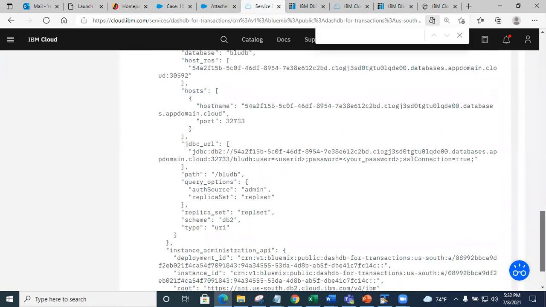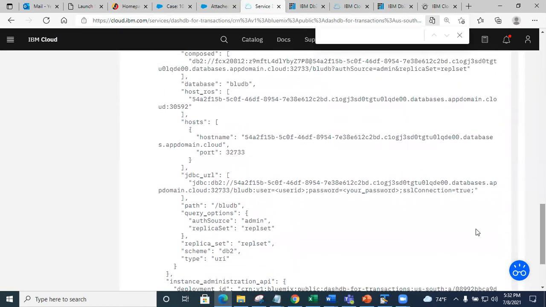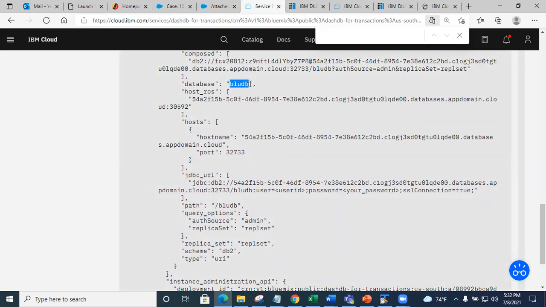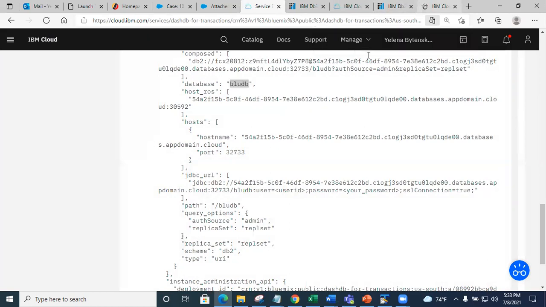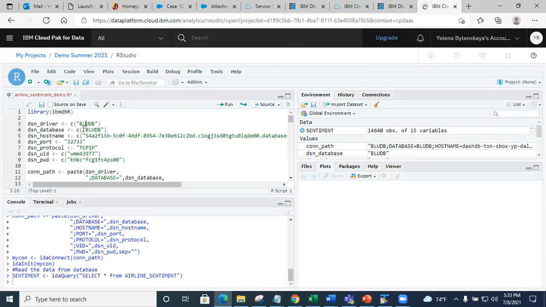The port was there, but you need to get this, right? This database, yeah, that's in lowercase. Ah, okay, in lowercase. And what else is in there? You tell me, because, okay, it's in here, right? And what about the driver?